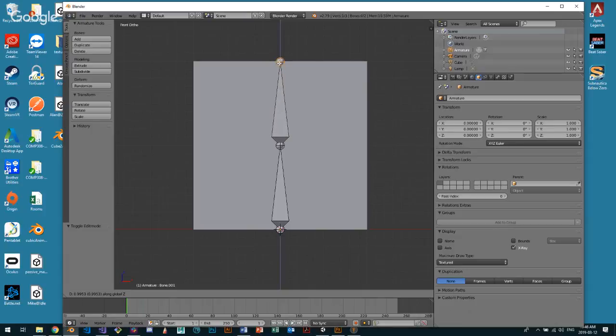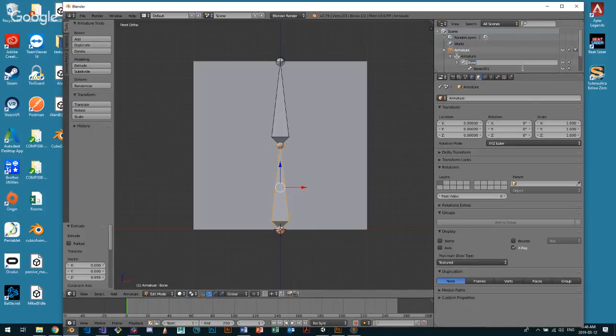I want to put it just above the shape like this. And there you have it. You have 2 bones, bone number 1 and bone number 2. But actually what they're called is bone and bone 001, right? This is okay, but sometimes we want to call this one the root bone. So if you look at this bottom bone, we want to call it the root bone,